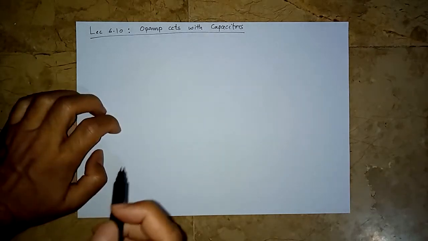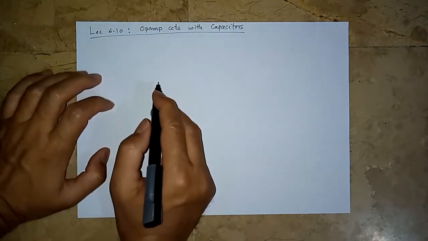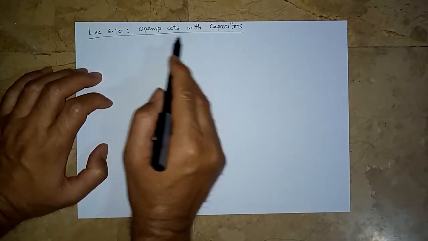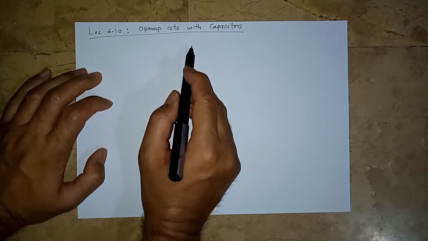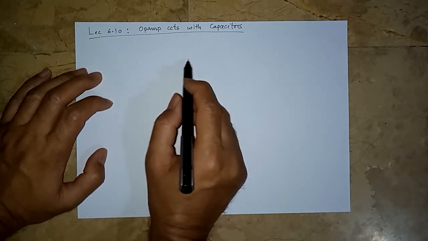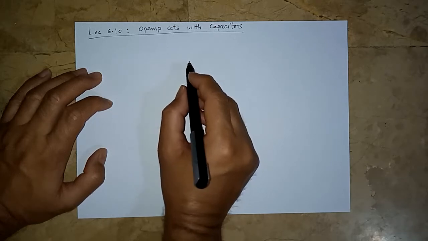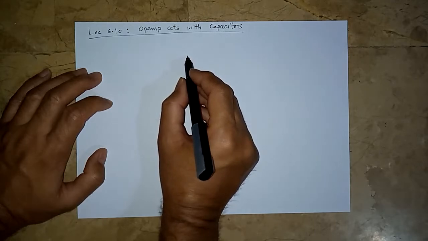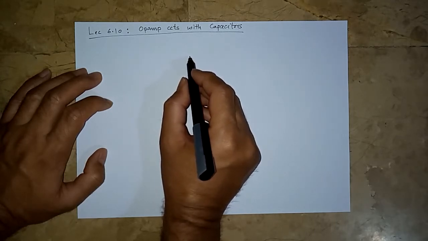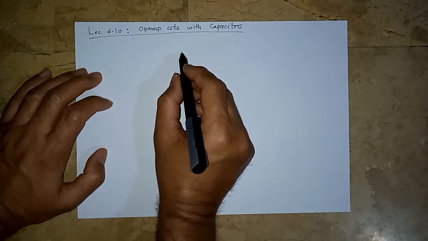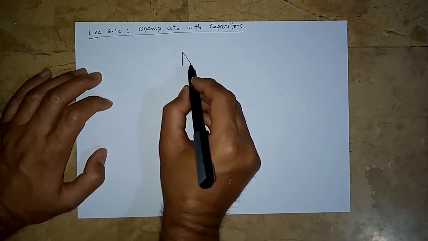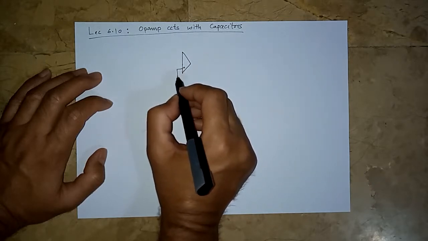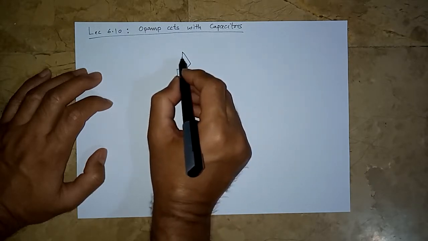Before we end this chapter, let us come to a very interesting circuit where we have an op-amp and a capacitor. Not only an op-amp and a capacitor, but with a resistor as well. Why would we need such a circuit? That is something you can read from the book, or I am going to describe it in a while. But look at this configuration and let us try to apply our knowledge of op-amps and circuit analysis and try to come up with an expression for the output of this circuit.